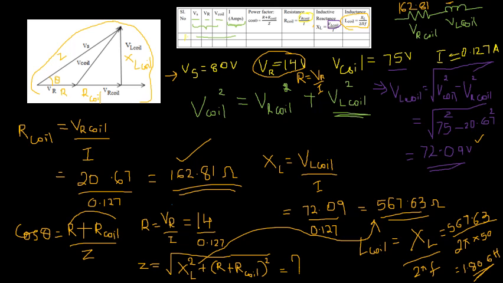After calculating the value of Z, you can substitute it in the equation of cos theta, and you will obtain the final value of cos theta. According to my calculation, cos theta will come around 0.4, approximately in this range. You can just check it out, 0.43. From this particular calculation we have seen how to find out the various parameters.